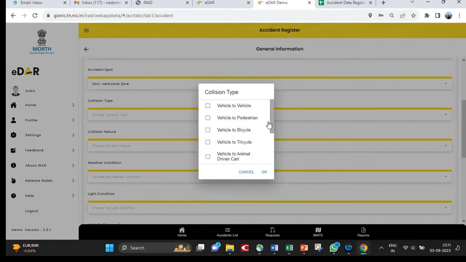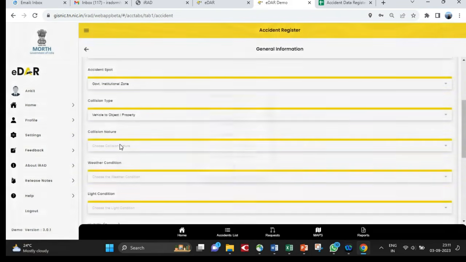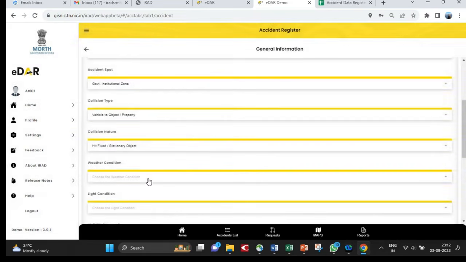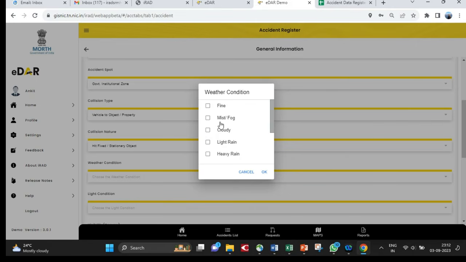Select the collision type of accident. Then select the collision nature of accident. Select weather condition at the time of accident.